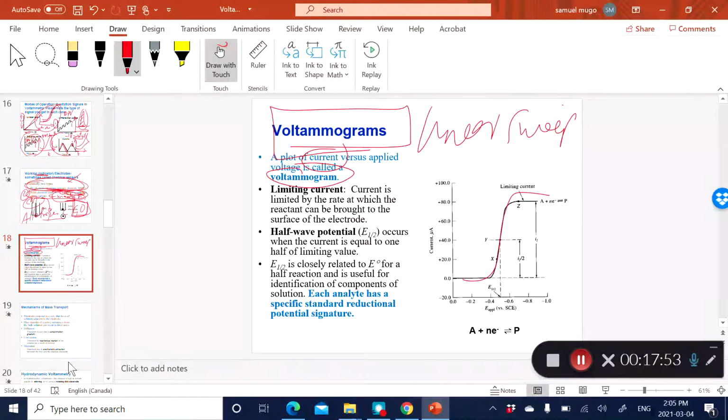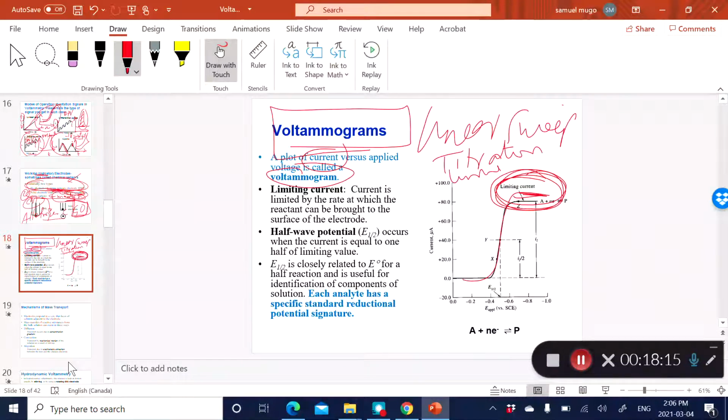And look at some of the features of it. In fact, it looks almost like a titration curve. You can see it looks very similar to the titration curve. You get to the end of the current increase, and that is what they refer to as a limiting current,